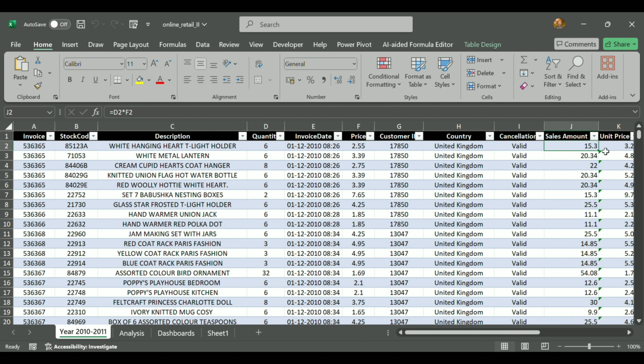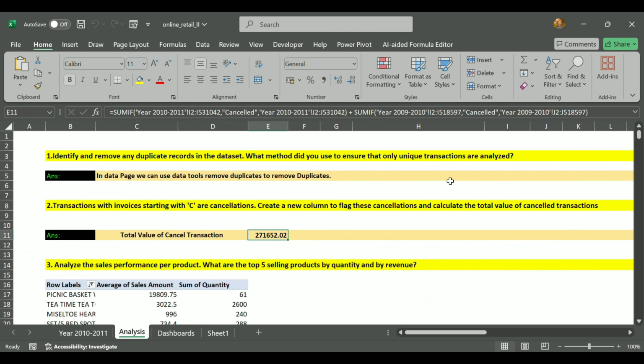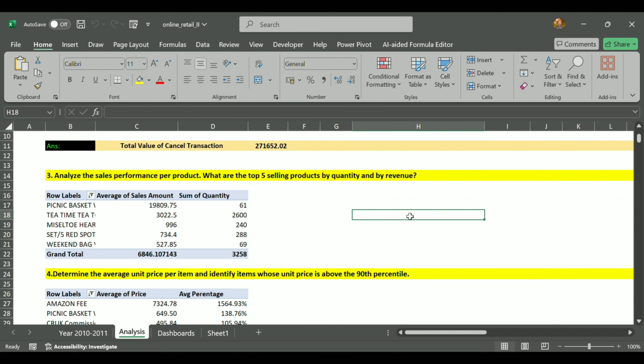So we just need to first select this for selecting criteria. After that we just need to select the sales amount data to get the result for the cancellation transactions. Okay, it's the simple thing. And now the third question is